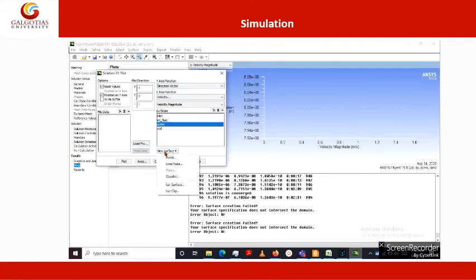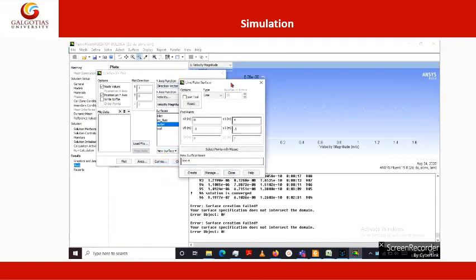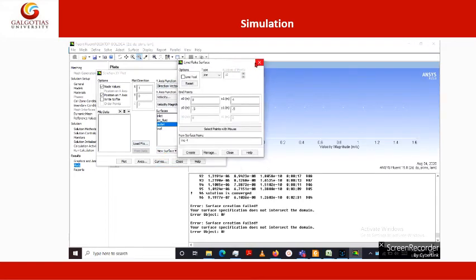For plotting at any cross section, generate a new line. Suppose we want to plot at a cross section at a location of 1 meter. So at 1 meter, 0 to 1, so x equals 1.